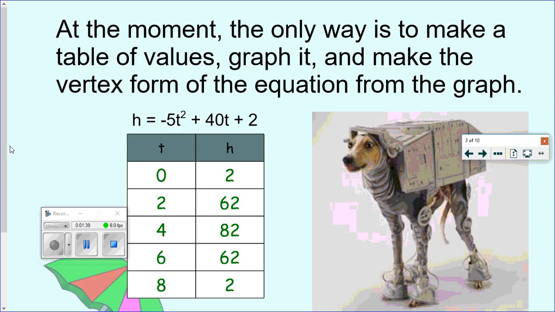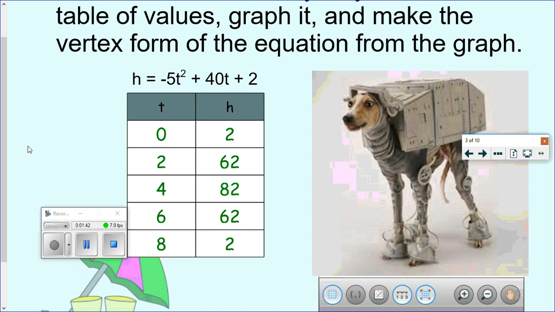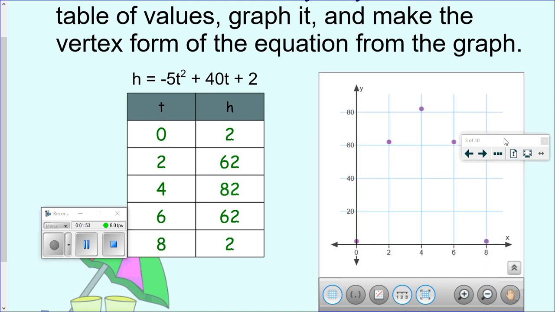At the moment, the only way we know how to solve this is to make a graph. So I'm going to save you the hassle. We're going to get rid of the Walker or that badly mistreated dog, and we're going to have a look at the graph. So taking the points,